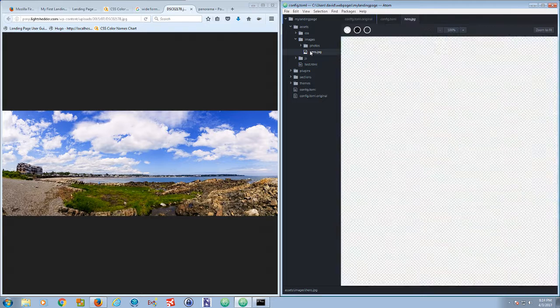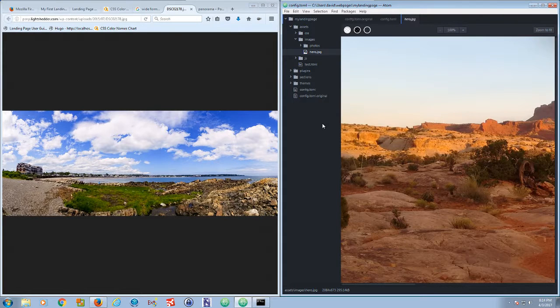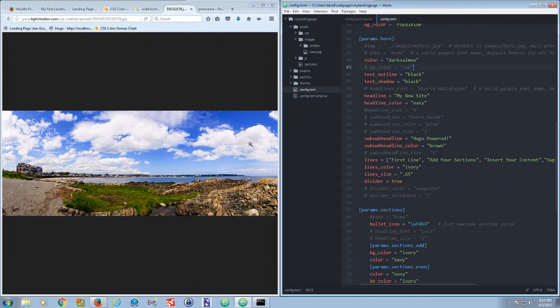Here I have the hero image, hero.jpg, that's already here. That's the one that was part of the guide. But now say I want to replace that image. To do that, what I want to do is find a new image, but I would like to